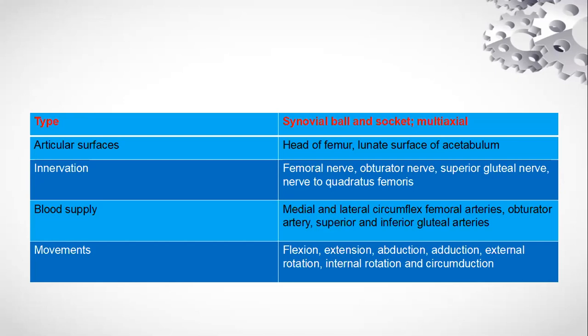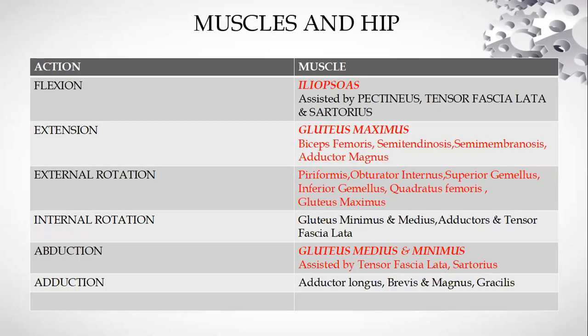Now, the blood supply, as we know, it gets from the medial and lateral circumflex femoral arteries, obturator artery, as well as superior and inferior gluteal arteries. So as we said, it's a multi-axial joint, movement possible across the hip by flexion, extension, adduction, abduction, circumduction, internal and external rotation. So just a brief idea about which are the main muscles acting on the hip, as well as this gives an idea as to what muscles we expect around the hip joint. So that will help us in identifying these muscles during sonoanatomy as well.